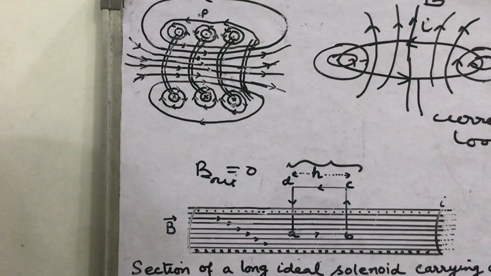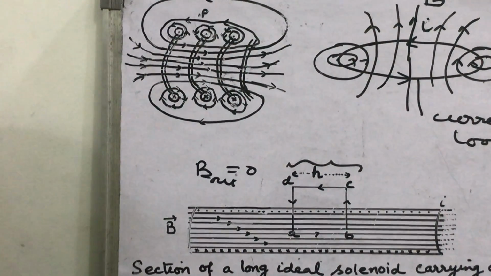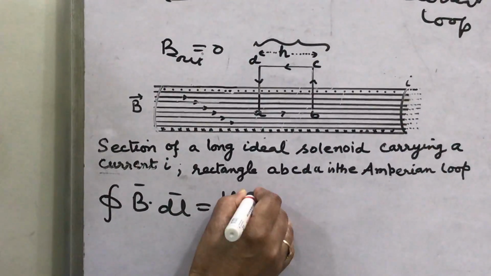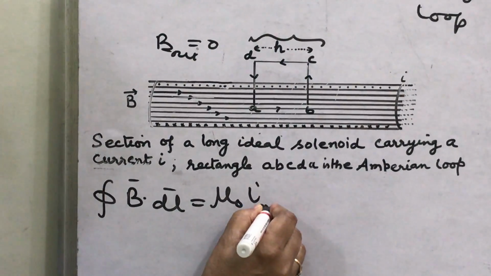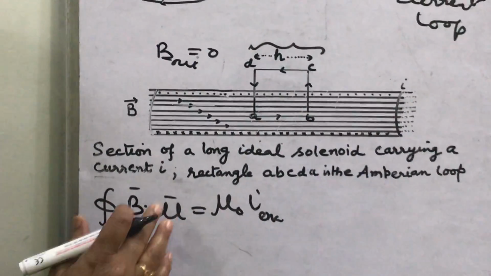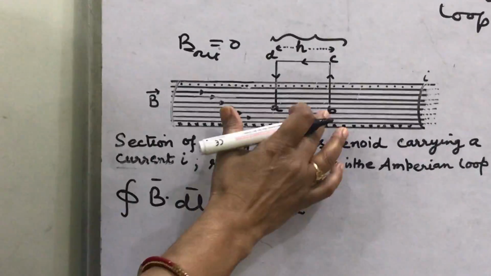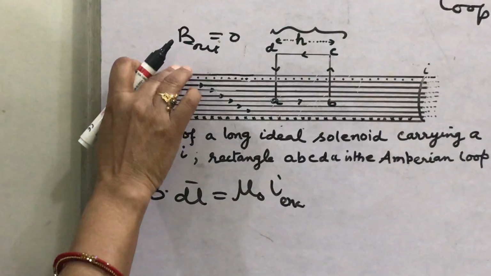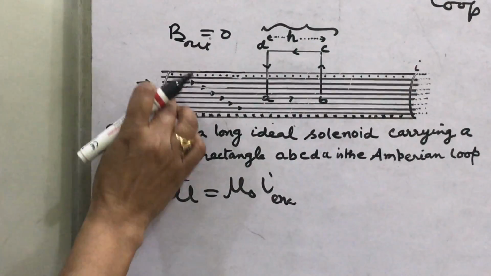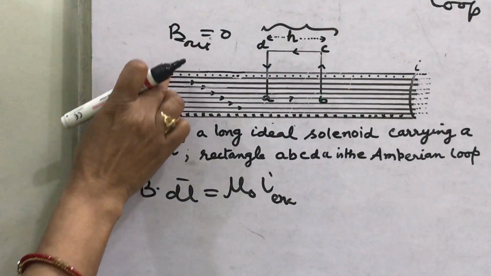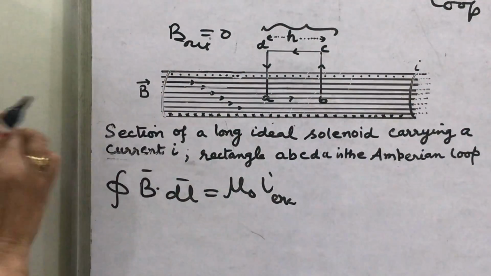How to calculate the magnetic field? We'll use Ampere's circuital law, which states that the line integral of the magnetic field around a closed loop is equal to mu naught I, where I is the net current enclosed by the loop. We have read this earlier. We will apply it here for the solenoid, and I have shown this long solenoid. These dots and crosses denote the closed windings of the loops. Here the current leaves, here the current enters.